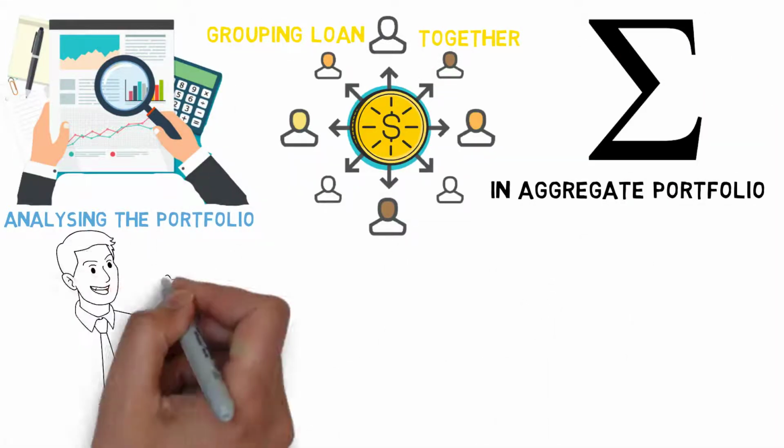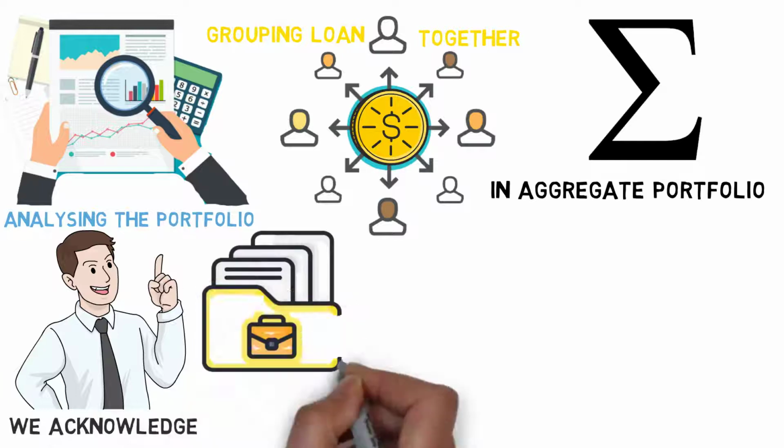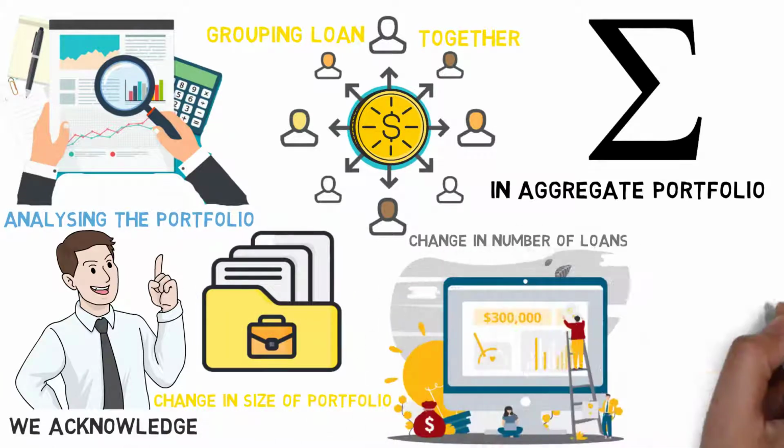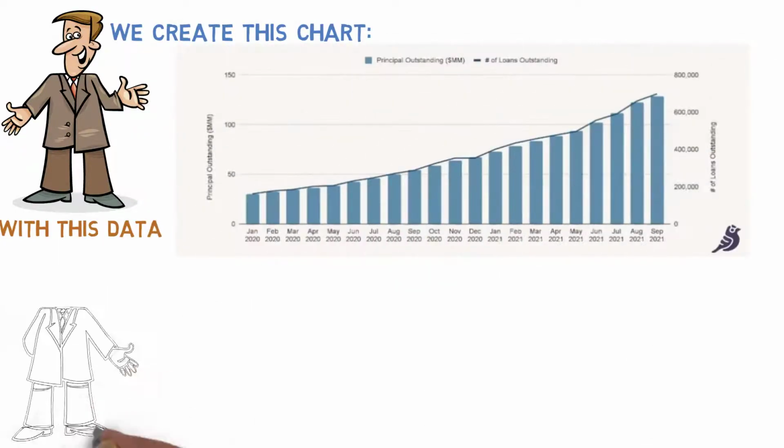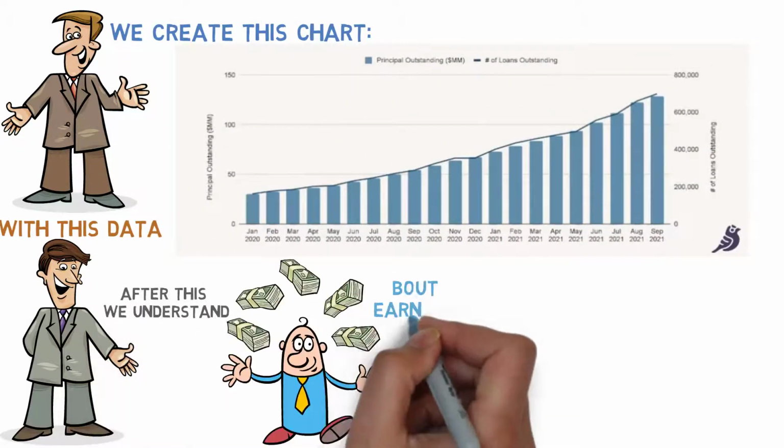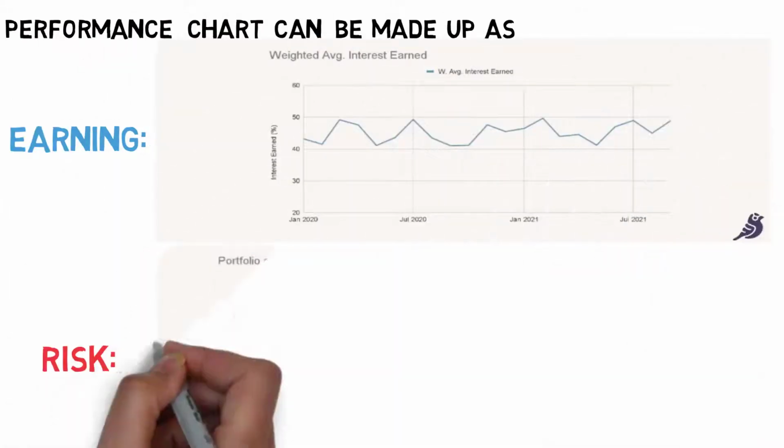In aggregate portfolio, we acknowledge change in size of the portfolio and change in number of loans over time. With this data we create this chart. After this, we understand about earning and risk of the portfolio. Performance charts can be made up as: